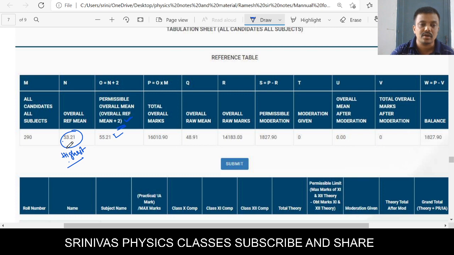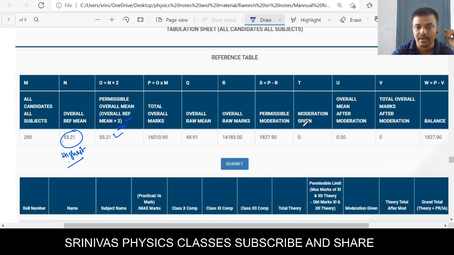For the oral moderation, you can go for all subjects. Then it will show the oral moderation. The oral moderation will show that the permissible oral moderation is only by 2, you can increase. Okay, then the permissible oral mean is 55. This should be matched after the moderation.